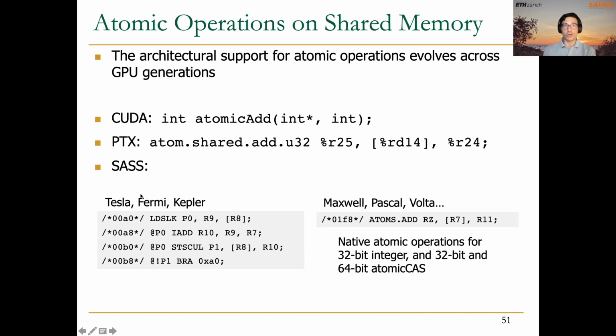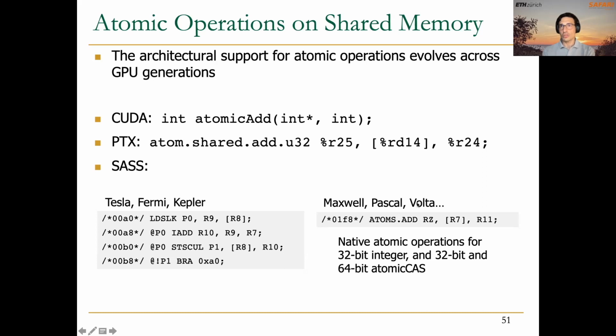As I mentioned before, in the Tesla, Fermi, and Kepler architectures, there was this loop that we are going to discuss in detail, but as you see, it requires 4 instructions, and there's also a branch instruction here. What that means is that this loop might be executed several times, and as a result, we may have cases where the latency is pretty high, as we will see, because we